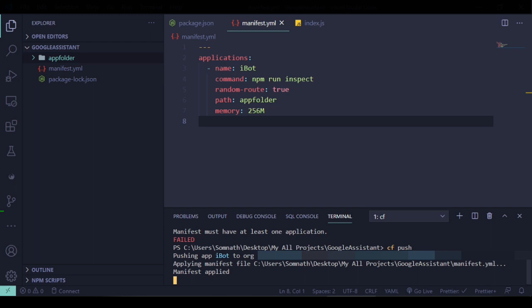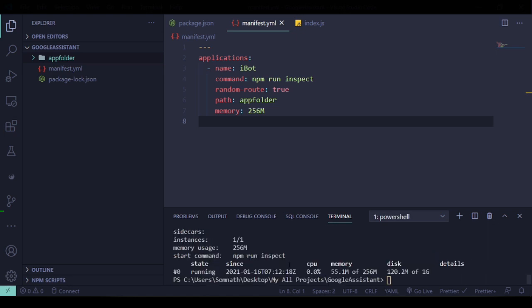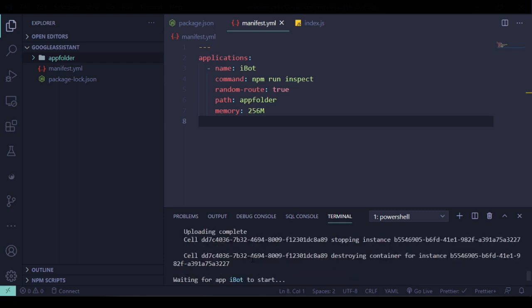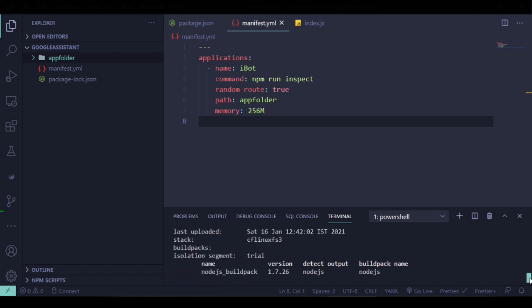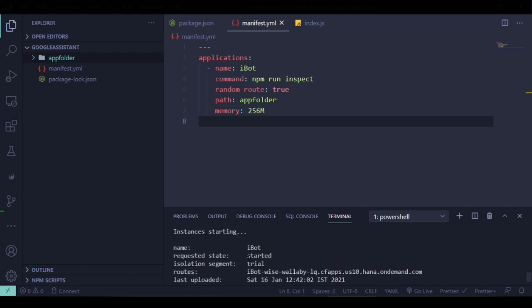I'm just pausing the video because it will take a little time to get everything uploaded, so just have patience. It looks like the application deployed successfully, and it's waiting for ibot to start, and finally the status is started, as you can see.